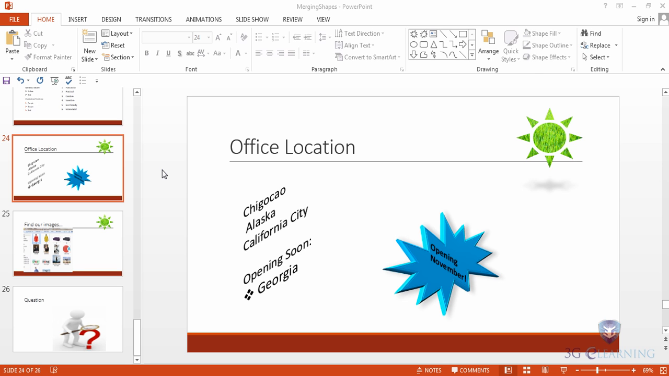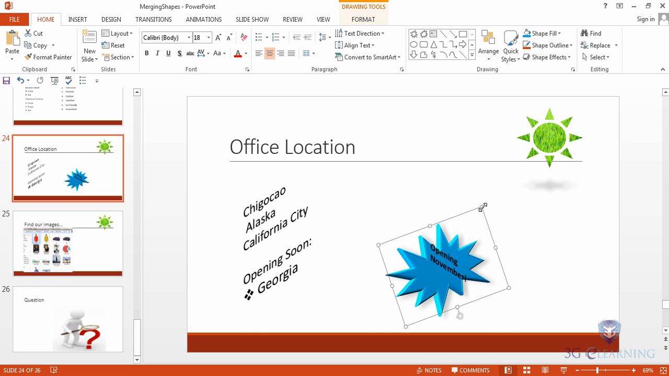PowerPoint can actually be used as a mini graphic arts program to create a logo if you don't already have one, or just use it if you can't find that perfect shape or clip art. PowerPoint 2013 has a new feature called Merge Shapes, in which you can combine shapes and create some really cool graphics. I'm going to give you a quick example of the types of things that you can do with Merge